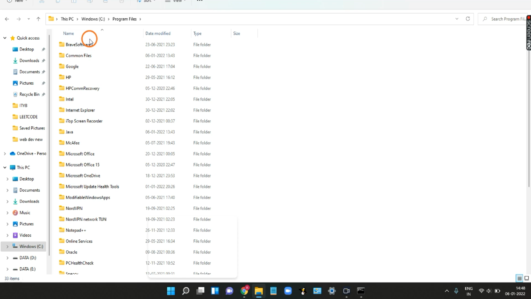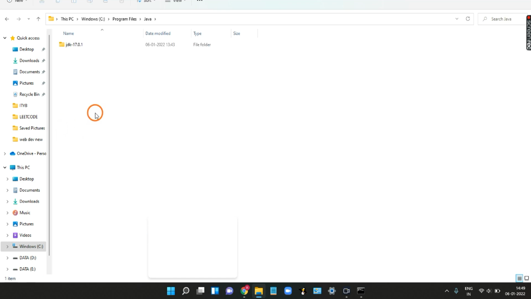In the Program Files folder, you can see that there is a Java folder. So this folder will be available once you have installed Java 17 point something. Click on this folder and you can see JDK 17.0.1. So it is the latest version of Java Development Kit. Open it